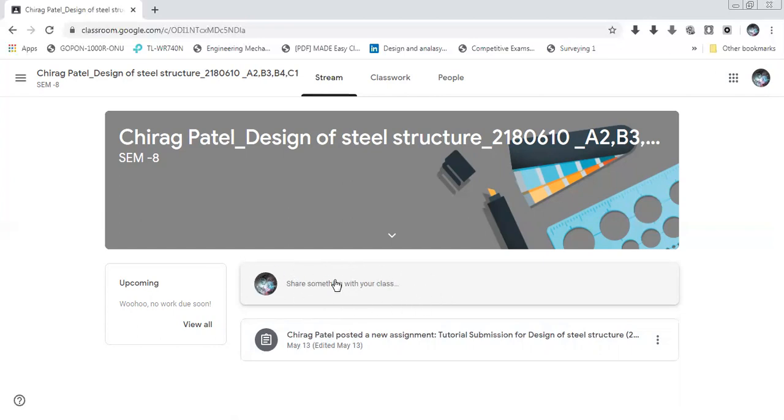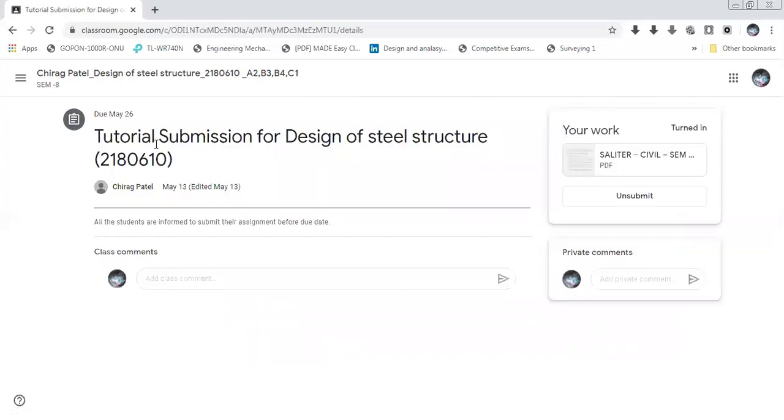That is very important. If you share the file directly here, then your file is invalid. So always go to the assignment task. Again I repeat, in the assignment task, in your work, you have to submit your file. After submitting your file, you have to Turn in, which means it is finally submitted. That is the process, the simple steps to upload your file.